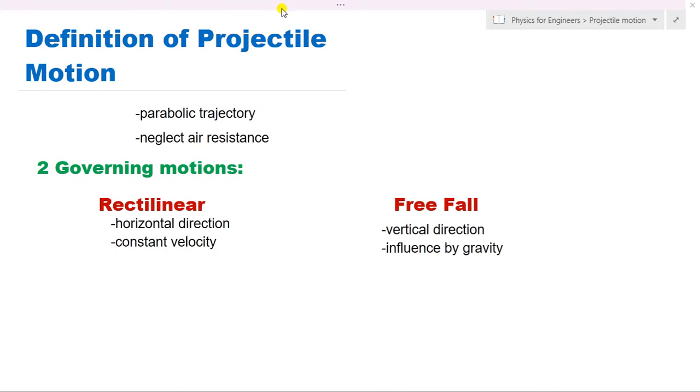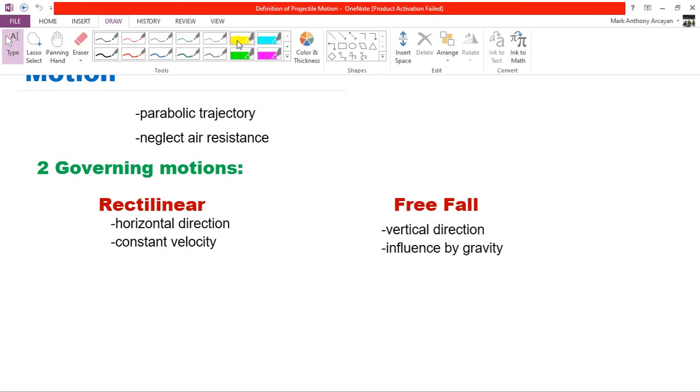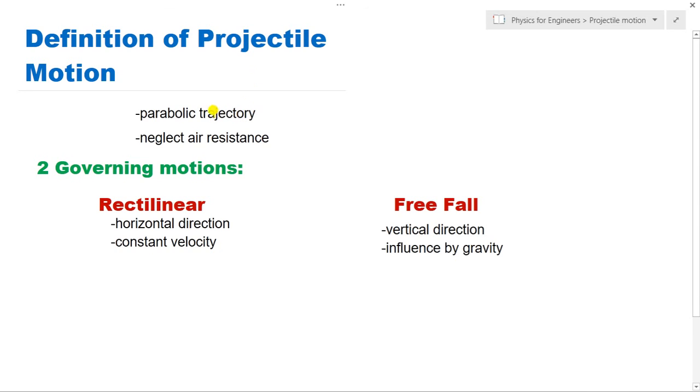So, pag sinasabing projectile motion, yung path niya is parabolic. This is a parabolic trajectory. And then, again, same with the free fall, we neglect air resistance if we solve problems regarding this projectile motion. And for the information of everyone, projectile motion is a type of motion undergoing two directional